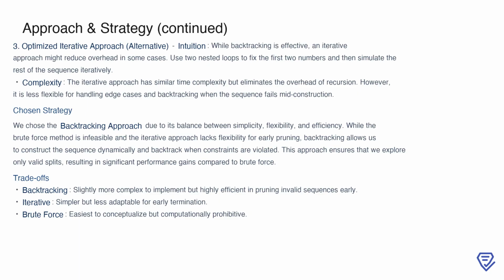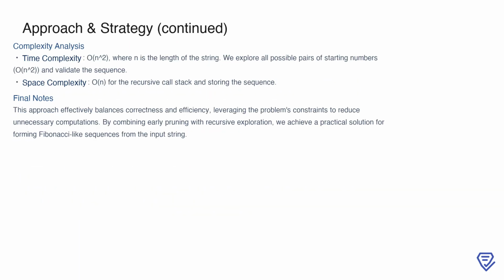However, it's worth noting that backtracking is slightly more complex to implement compared to the iterative method, which is more straightforward but less adaptable. Finally, let's examine the complexity of our chosen approach. The time complexity is O(n squared), where n represents the length of the string. This is because we explore all possible pairs of starting numbers, which takes O(n squared), and validate the sequence as